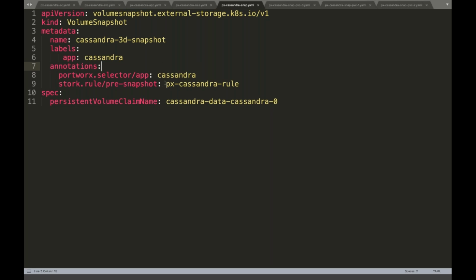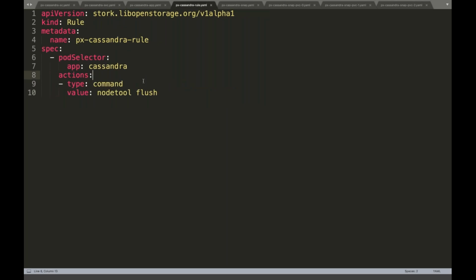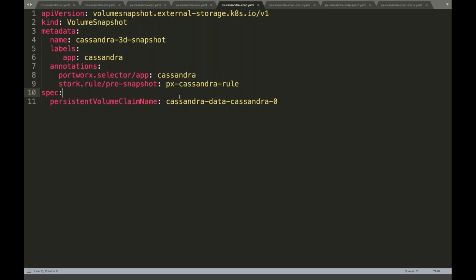And then we're also mentioning the pre-snapshot rule is the Cassandra rule that we just created in the previous step, which means before you take a snapshot, please run nodetool flush for me is what this YAML file will tell Kubernetes. And we are also giving the Cassandra PVC name,